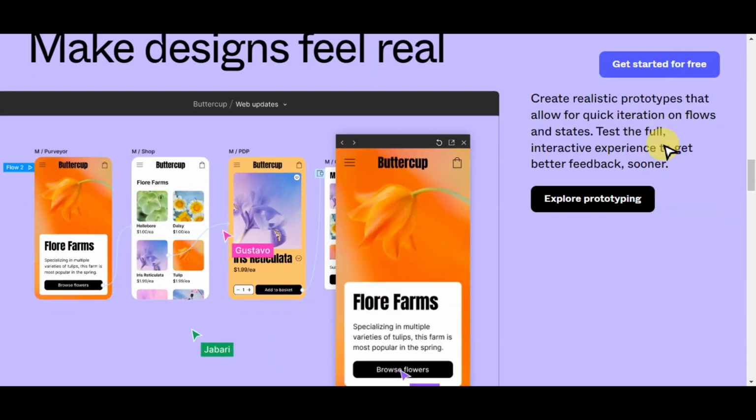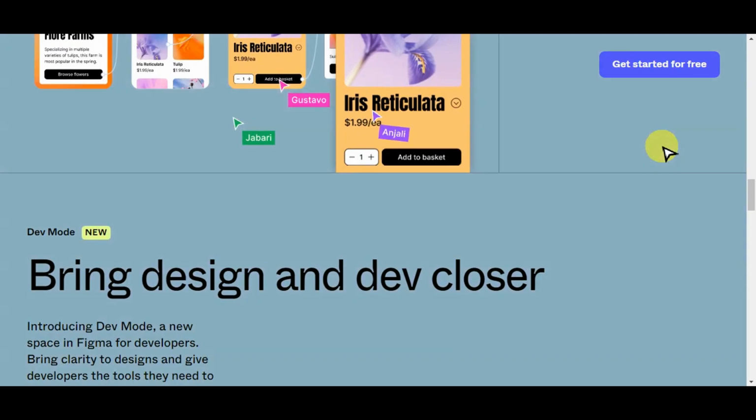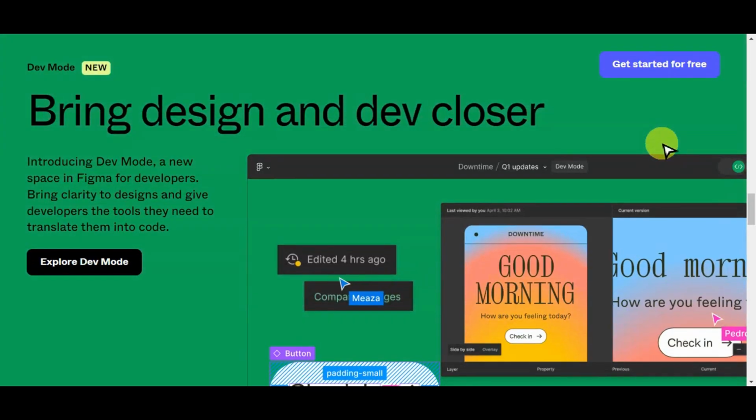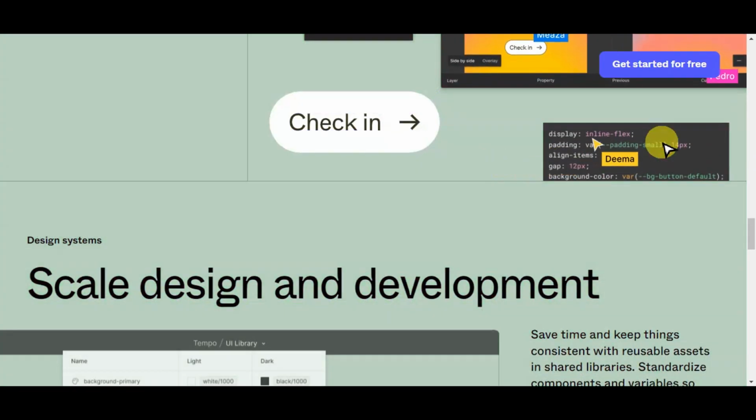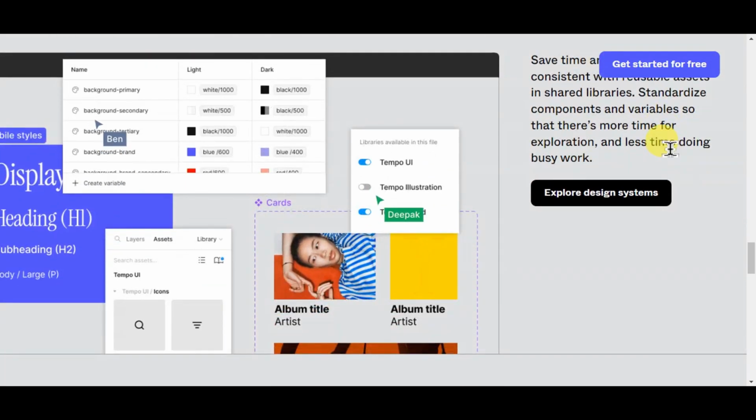So this actually simplifies the design process. It allows users to create interactive prototypes, share feedback, and hand off designs to developers. So it is a versatile platform that's widely used by designers to bring their creative ideas to life in a